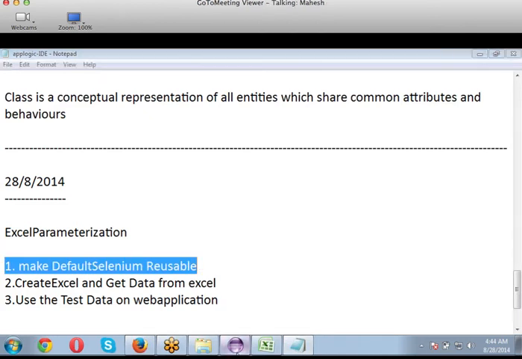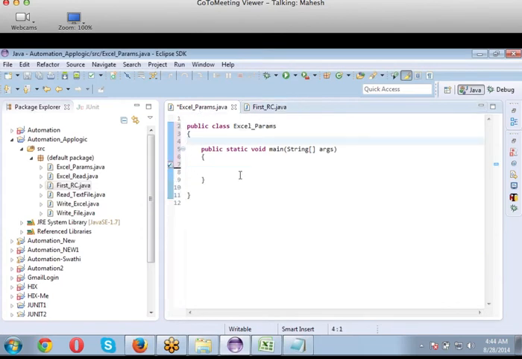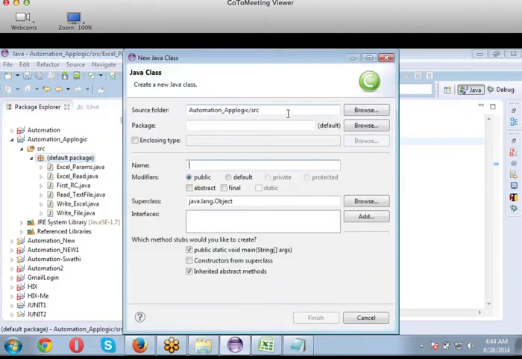Inside this Excel params class, I need to make my default Selenium class a reusable class. What I have to do here is create a new class entirely. I'll create a class called launch underscore application.